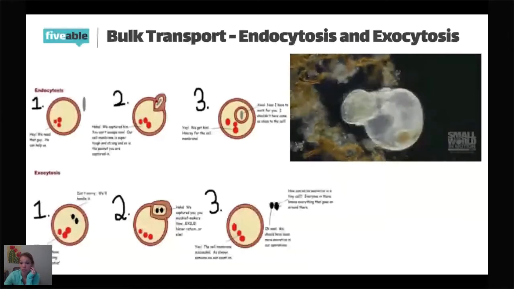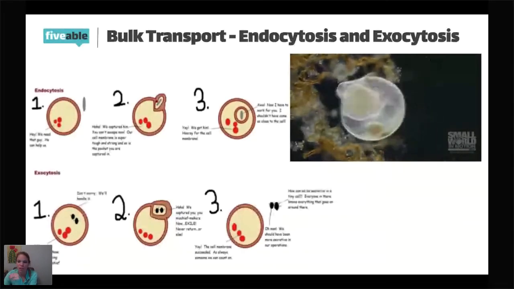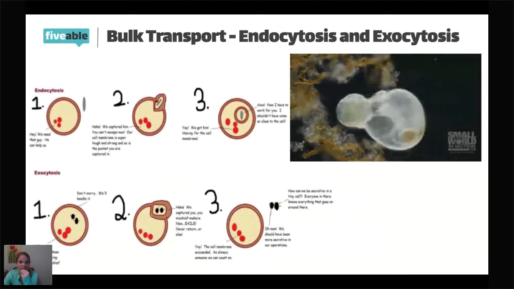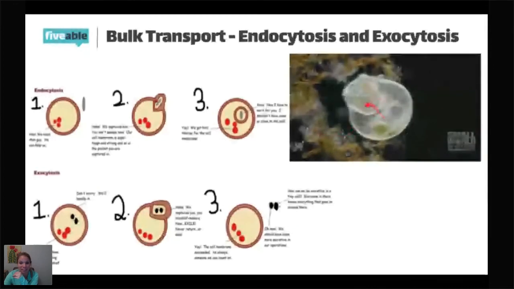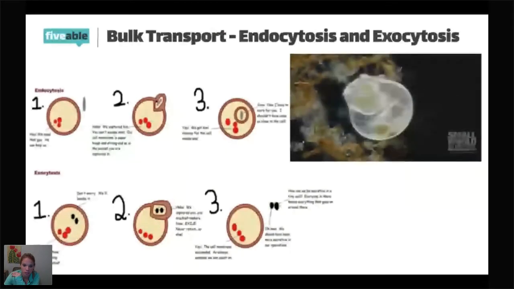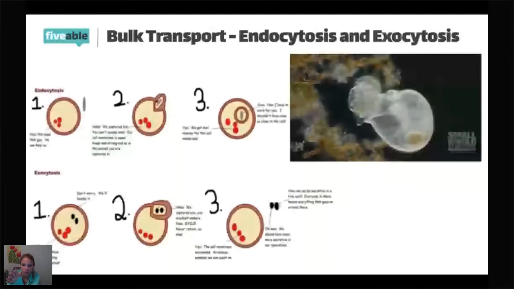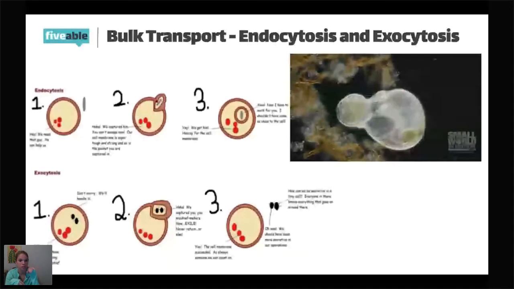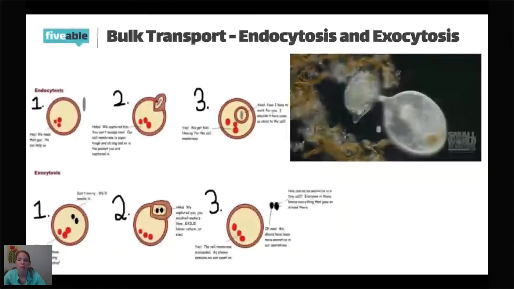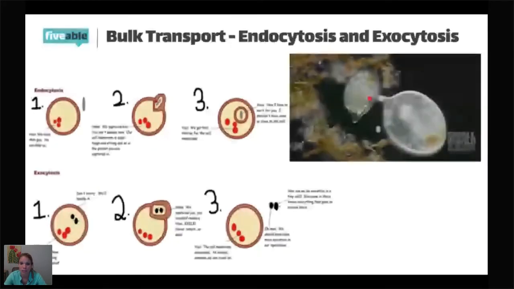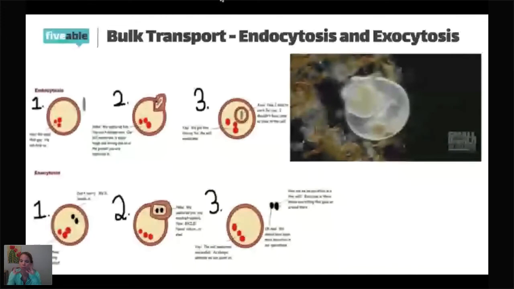Phagocytosis and pinocytosis. Okay, so very good, Audrey. Phago comes from the Latin word phago, meaning to eat. And so that's literally what this is. This cell is eating another cell. And so phagocytosis is usually going to be an example of endocytosis when it's eating some large amount of food. Pinocytosis, pino meaning to drink. So with your pinky out because you're fancy, you're going. But pinocytosis is when it's basically doing this, but it's doing it around water. And so it's like taking a big gulp of water.